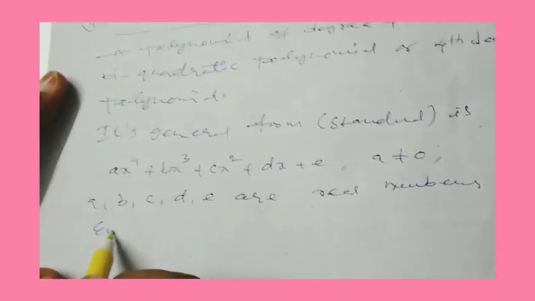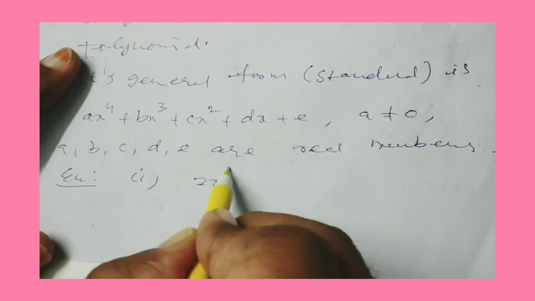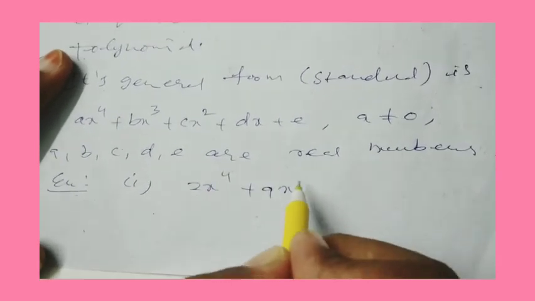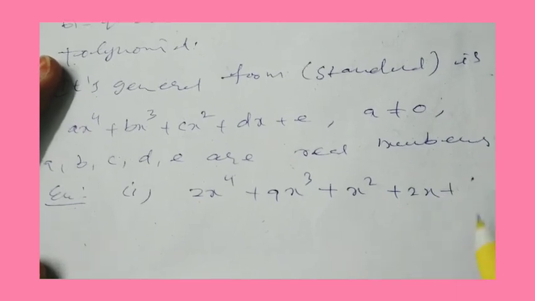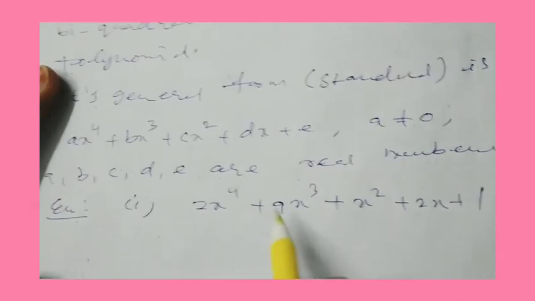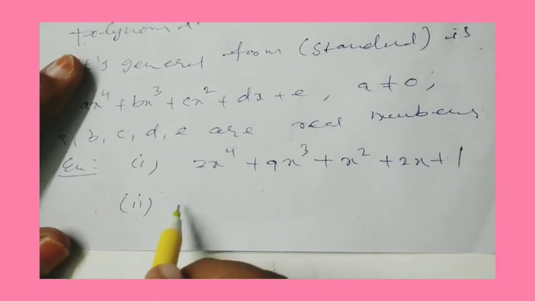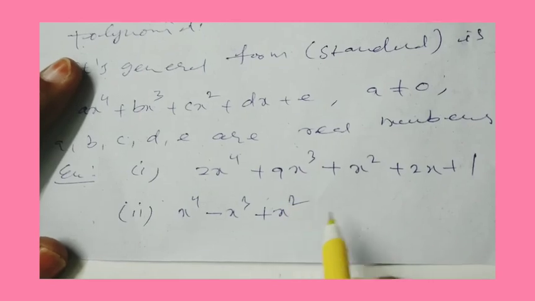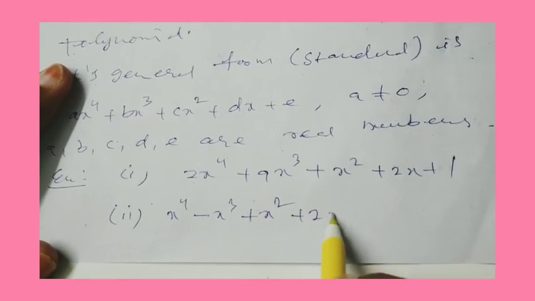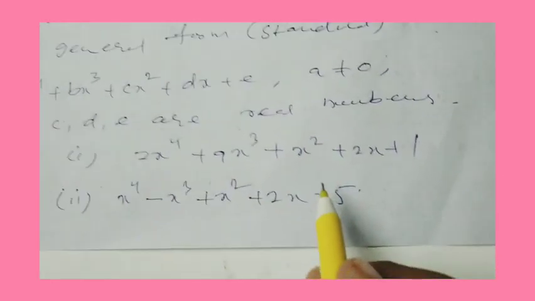For example, first one is 2x power 4 plus 9x cube plus x square plus 2x plus 1. Its degree is 4. That's why it is called fourth degree polynomial. The second one is x power 4 minus x cube plus x square plus 2x plus 5. Its degree is also 4. That's why it is called